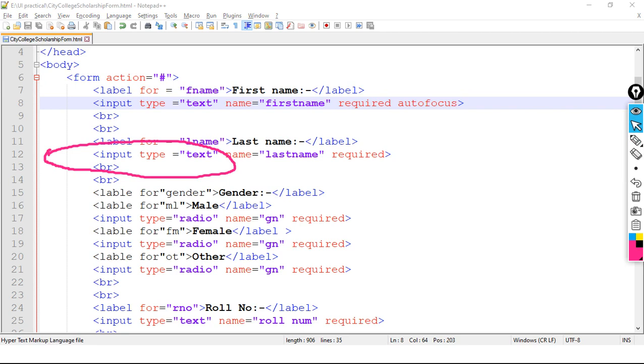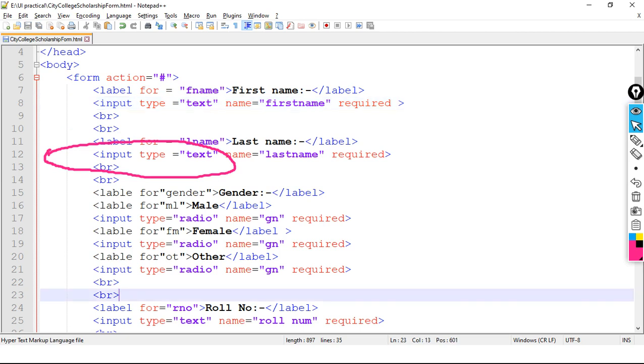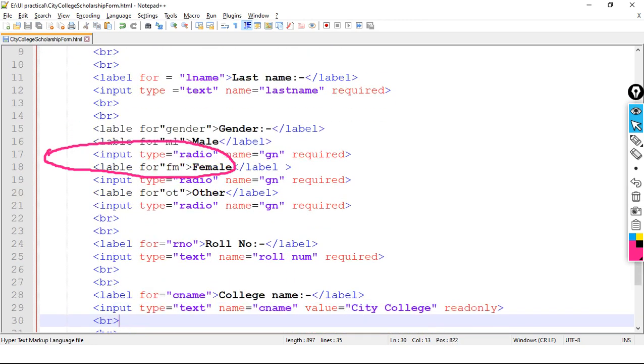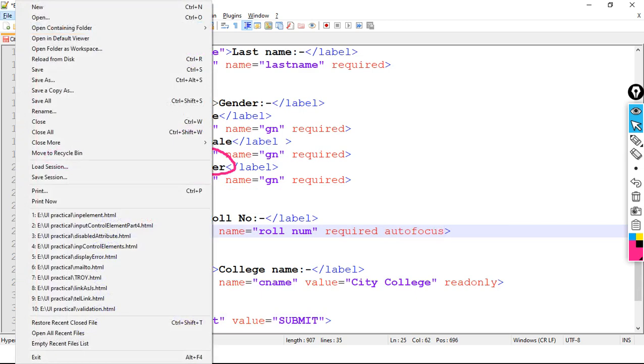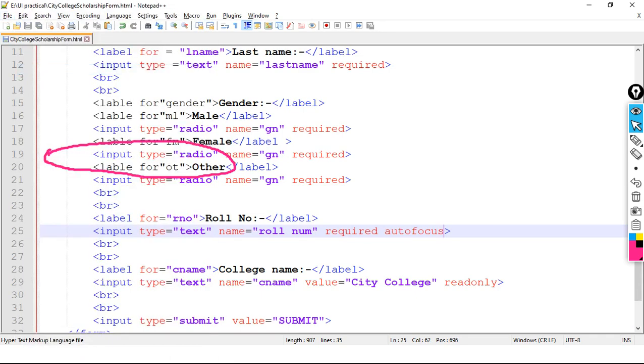I will remove autofocus from line number 8 and I will mention autofocus in line number 25. See here at line number 25, autofocus, and save the code.